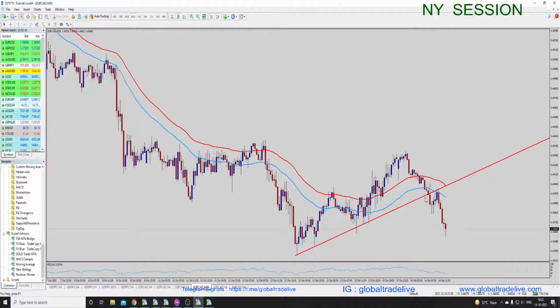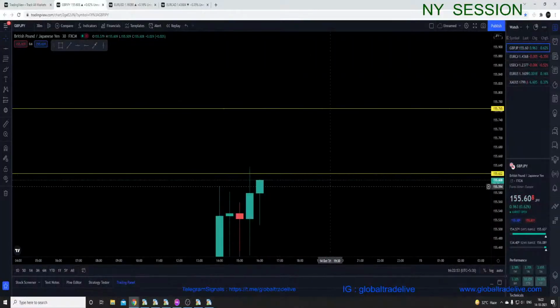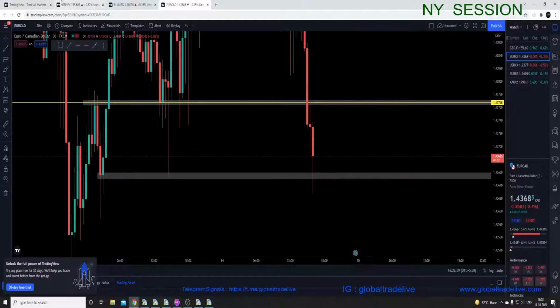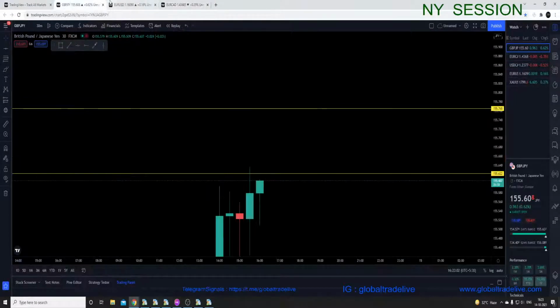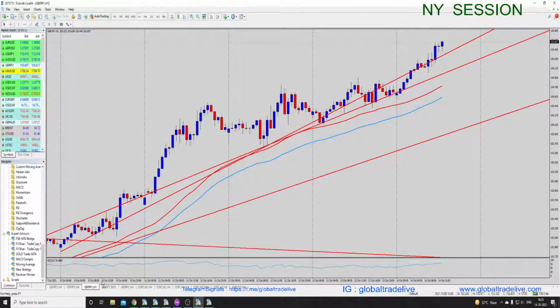So look, EuroCAD yesterday, EuroCAD is a fucker over here because it didn't do anything yesterday, and now it just went all the way down. This is really bad about EuroCAD. I'm angry with EuroCAD over here. But anyways, you cannot get angry with the currencies, otherwise you have to pay a big amount of money to them. So let's have a look again over here. GBP JPY, fuck you EuroCAD. Okay, let's